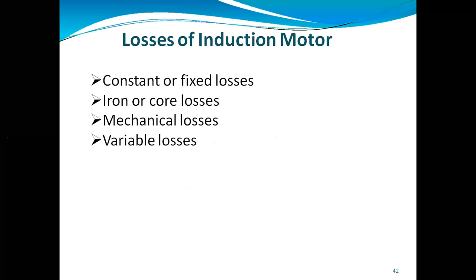So here we are saying when we are using the iron or core loss, if we are doing the proper lamination, you will get an additional amount of resistance. So it will oppose the excess current. So you will get a lesser amount of eddy current. And what about the hysteresis loss?